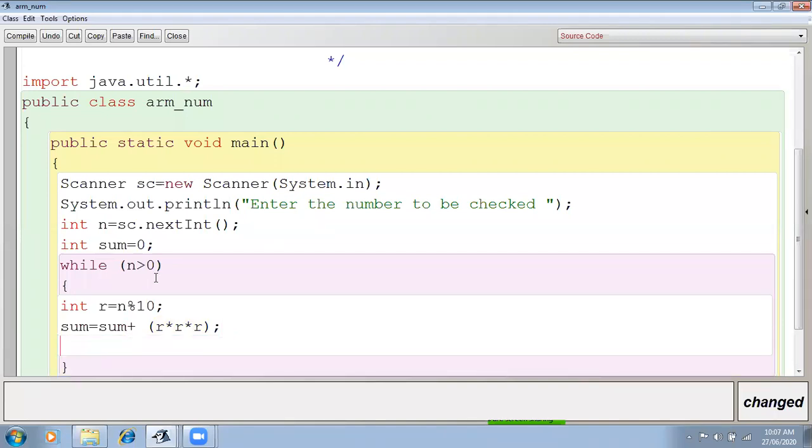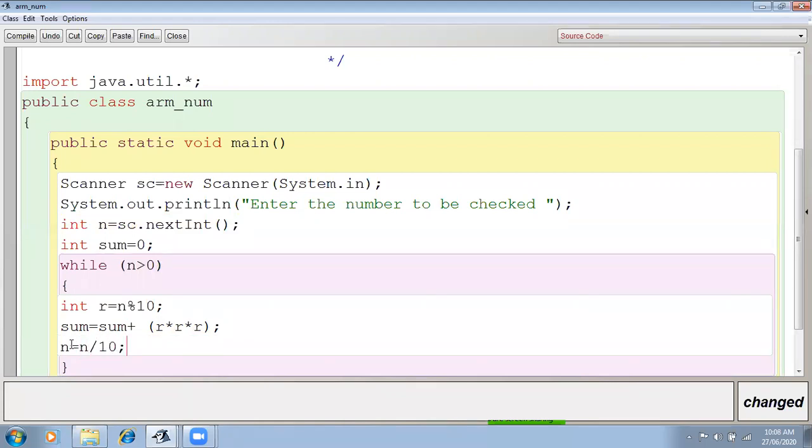Then the updation of the while loop. See, this is the initialization of the loop variable, int n = next int. This is the test condition of the loop. Now the updation of the loop will be n = n divided by 10.